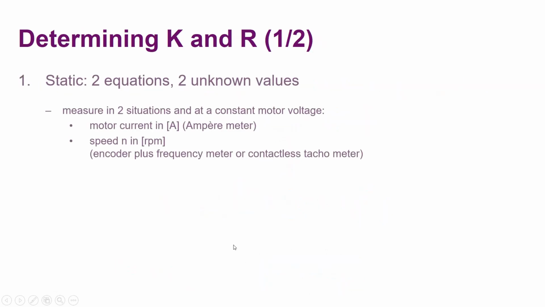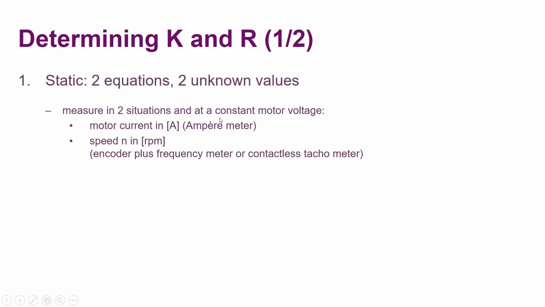Well, let's start off determining the K and the R. There are two methods in which we can determine the motor constant K and the R. The first way of doing it is looking at the static motor voltage equation, and we apply that motor voltage equation in two load situations, so that we have two equations and two unknown values. So how does it work? We measure in two load situations,